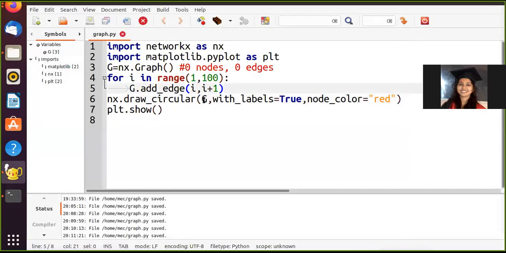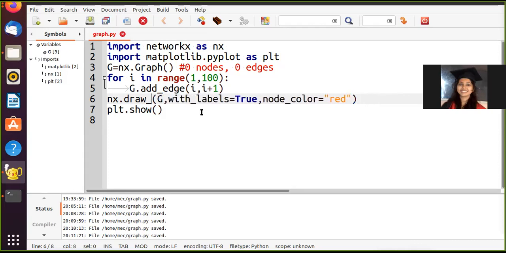There are many more layouts such as spectral and shell layout. Such kinds of layouts are actually called force directed graph drawing. I'm not going into details of them. What they try to do is lay out your graph in an aesthetically pleasing way, such that your edges have equal length and fewer crossings between them, so that you can view the graph in a better way.